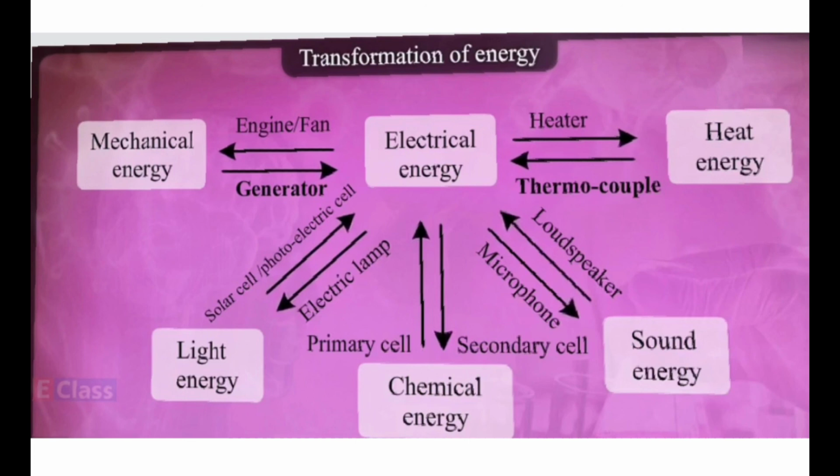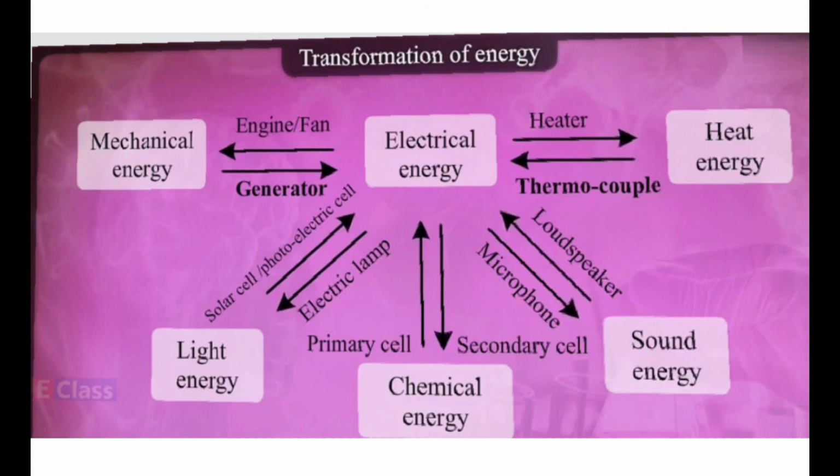Then battery charging and discharging, whatever we are doing. So we are doing from electrical to chemical. We charged the mobile and then when the mobile runs, it will be from chemical to electrical, right? Then example of light energy and electrical energy. When we put the light on, we get electrical to light energy, and the work of photosynthesis, children, or you can say the solar cells. They are using sunlight, solar energy, and convert it into the electrical energy.